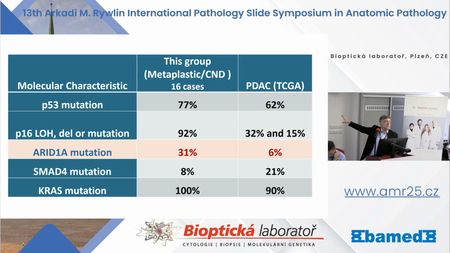We didn't test its abundance in this group, but it is possible that they will prove to be more KRAS rich, but mutation is seen in every single one, in our experience at least, in this group. SMAD4 mutation was also much less common in this category compared to what is reported in PDAX and TCGA. So there seem to be some molecular differences as well, which may become important, both diagnostically and for management purposes